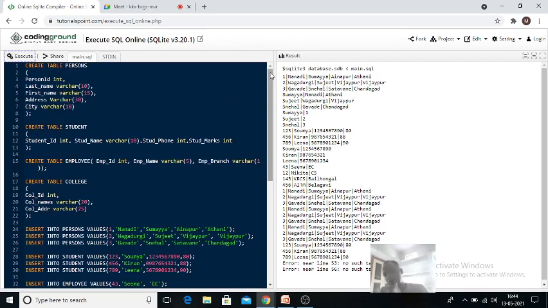So this is what we discussed today: how to execute SQL queries, creating a table, inserting values into the table, selecting the values of a table, how to truncate, deleting all the values of a table, and how to delete the table itself.